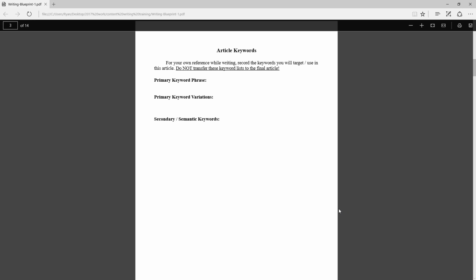To begin with, it's worth mentioning that a number of the parts of this blueprint are not your actual article, or they're not just your actual article. This includes other information like your keyword phrases.